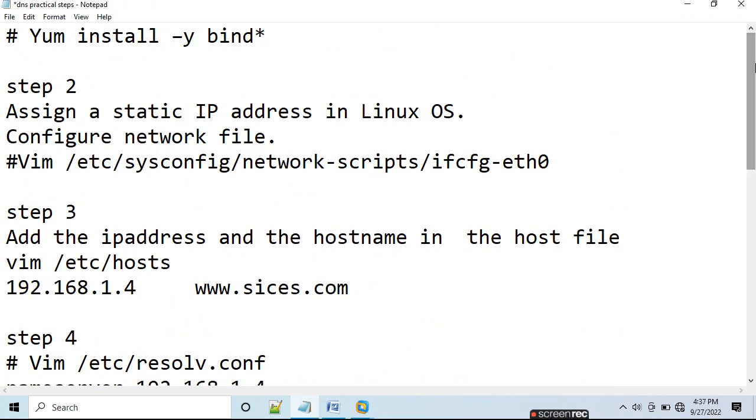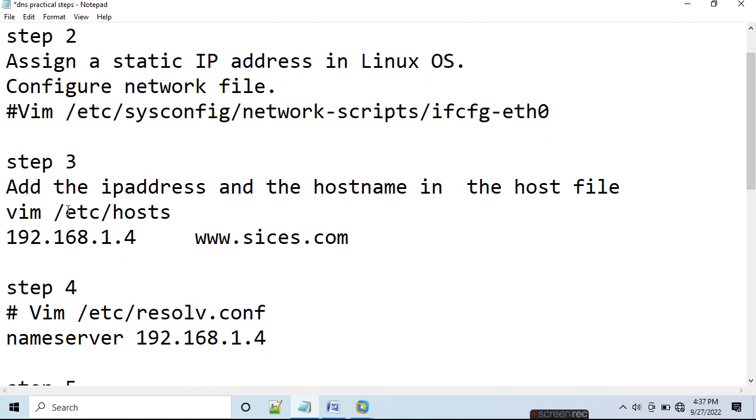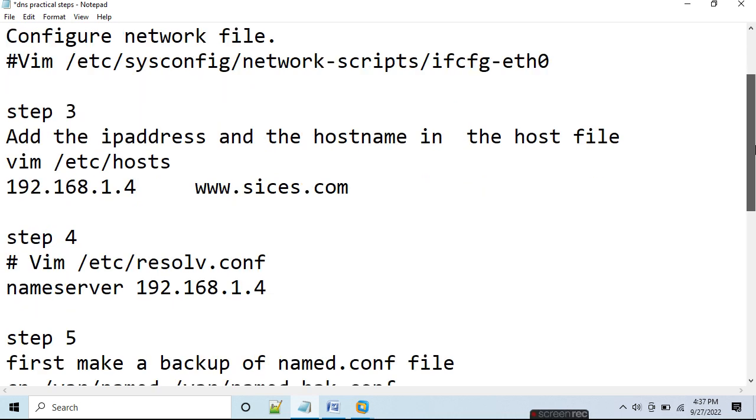So first we have to install the bind packages. We need to edit this file /etc/sysconfig/network-scripts. We have to keep the on boot no. We have to provide the DNS, the IP address of our machine. Then we have edited this file /etc/hosts 192.168.1.4. We have given it as www.sics.com, the IP address and the host name. And again we have edited one more file, the /etc/resolv.conf file, where we have given the